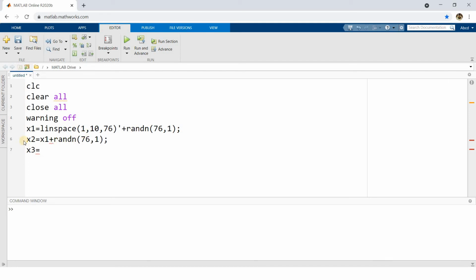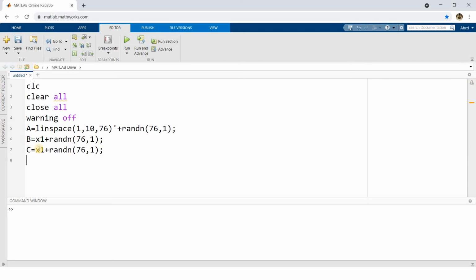You can clearly understand that x2 and x1 are highly correlated, because we are just adding some random noise, which has a Gaussian or normal distribution, to x1. Similarly I am copying this and making another variable x3. If you are getting confused, let me give the names which I used in the discussion. This is our A event, this is our B event, and this is our C event.